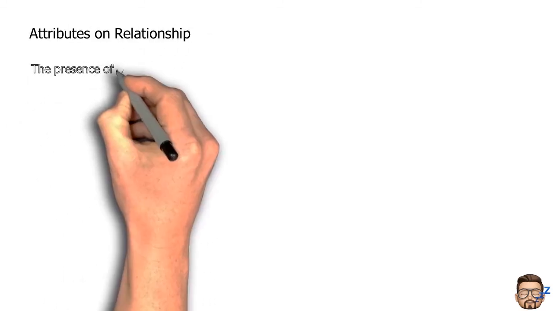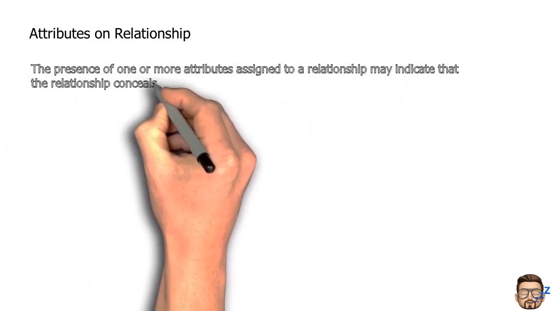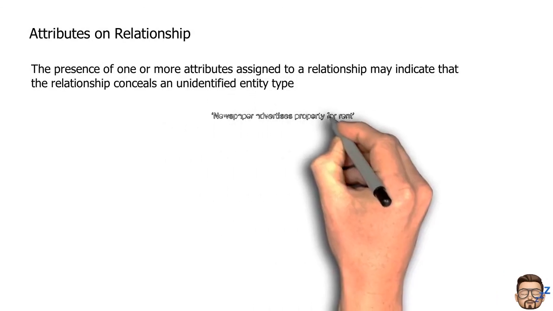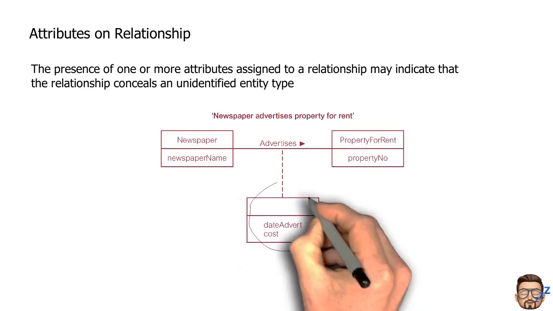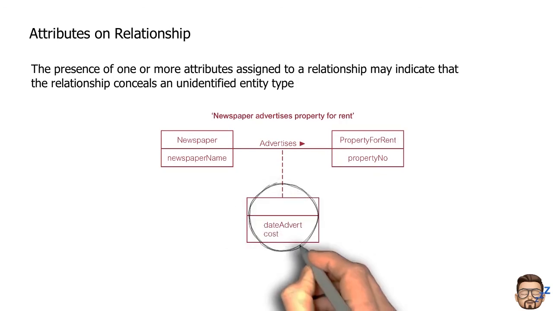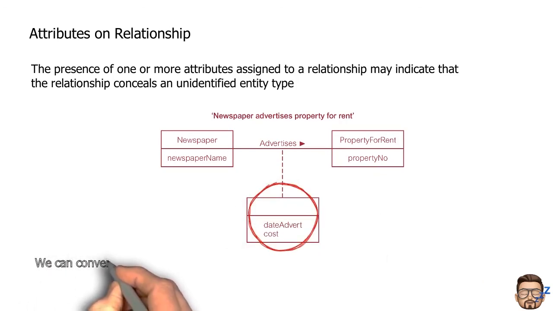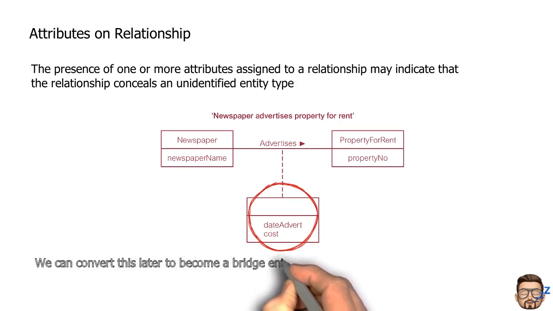Now let's take a look at the last part, which is attributes on relationship. The presence of one or more attributes assigned to a relationship may indicate that the relationship conceals an unidentified entity type. So we can convert the attribute on relationship to become a bridge